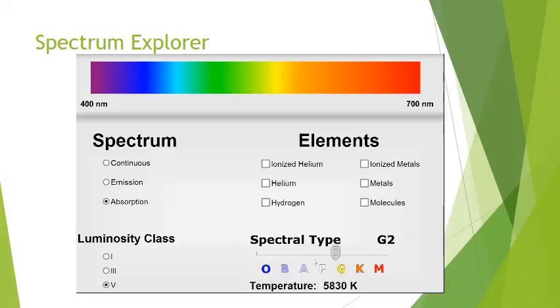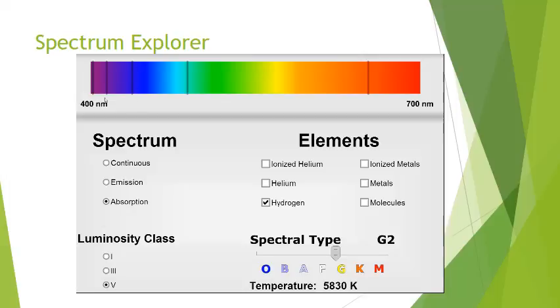And in this case, I do have to choose a spectral type, and we're going to look for hydrogen. So notice for a G2 star, which is actually like our sun. And again, the spectral type and the luminosity class, we're going to get to this in chapter 13, so that's a little bit ahead of the game here. But notice that when I'm looking at an absorption spectrum for this particular star, I'm seeing almost all the colors, with the exception of some dark lines.